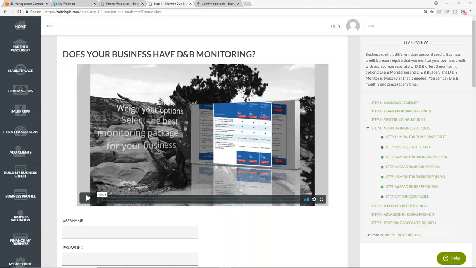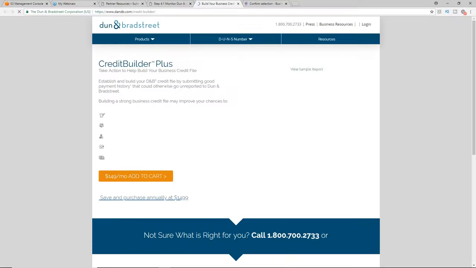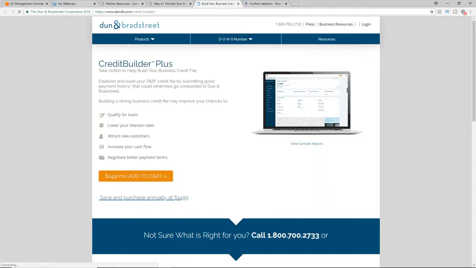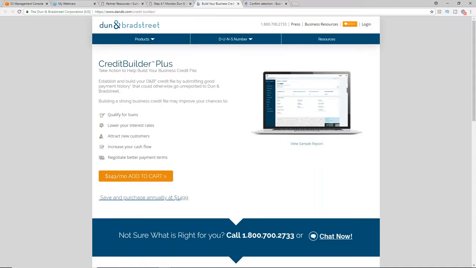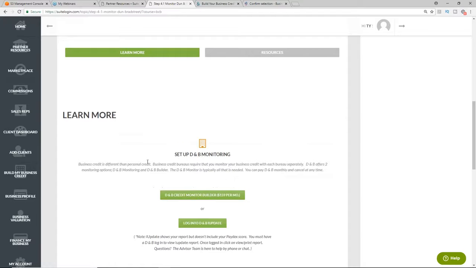So Dun & Bradstreet charges you about $150 a month to get credit monitoring, okay? And you'll also need to get Experian, which is about $50 a month. I come here and I show them so they can see right from Dun & Bradstreet's website itself that sidebar, by the way, that this is $149 a month. I show them. I say, look, here's Dun & Bradstreet. It's $149. Okay, and Experian's $50. So it's $210 for you to be able to monitor your business credit. Now, I'm going to show you a way you could save a ton of money here in just a second,